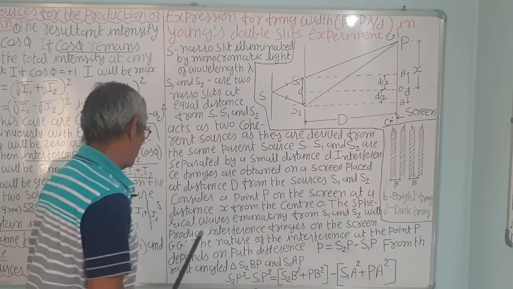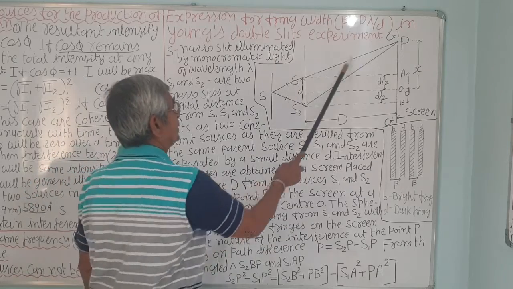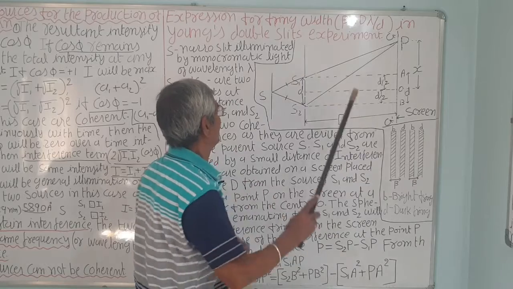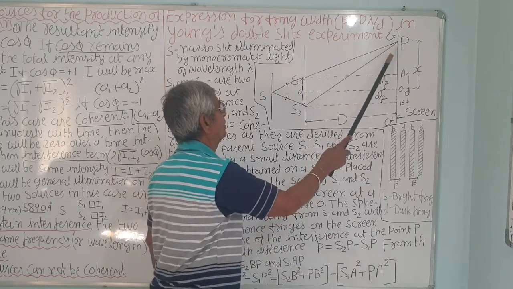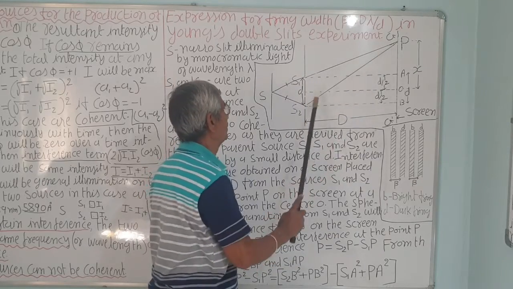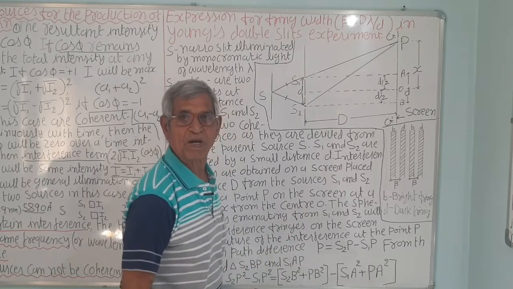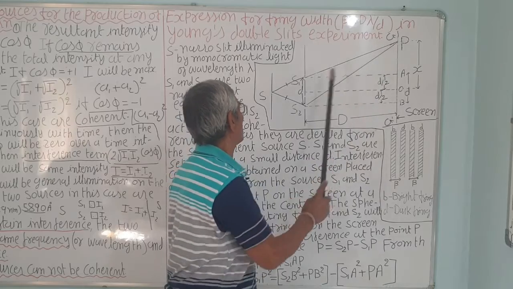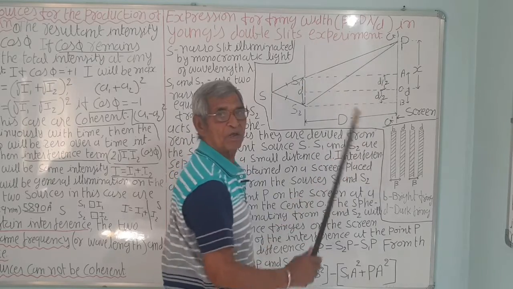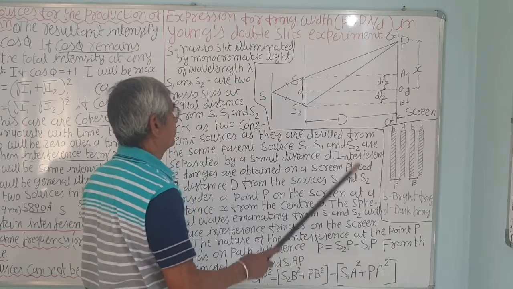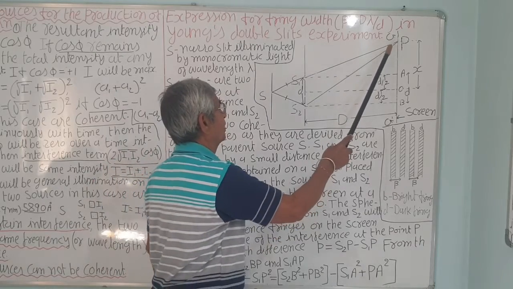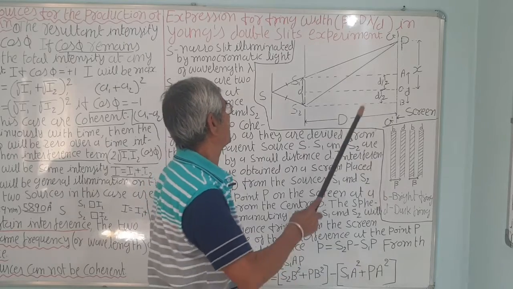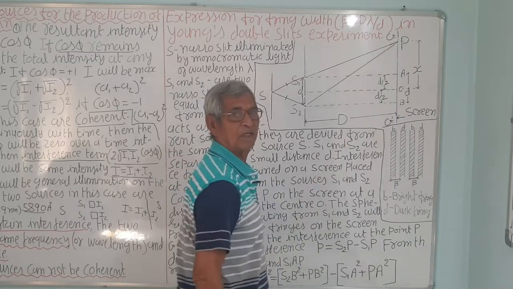S1 and S2 will produce interference. As the rays pass, there will be a path difference. The wave originating from S1 travels less distance, the other travels more distance. So there will be a phase difference according to the path difference. The path S2P is longer, S1P is smaller, correct? So they will interfere, and there will be maximum intensity at some points and minimum intensity at others according to the condition.